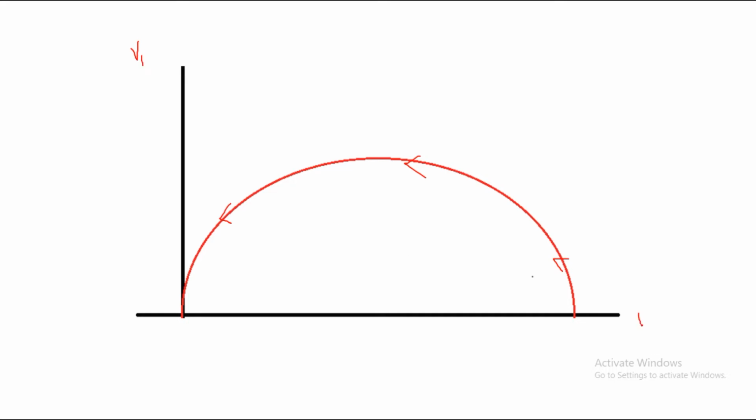Here we are talking about I2 dash, that is the rotor current referred to stator. And this circle is going to have a diameter of value V by X, where the supply voltage is V1 and X is,